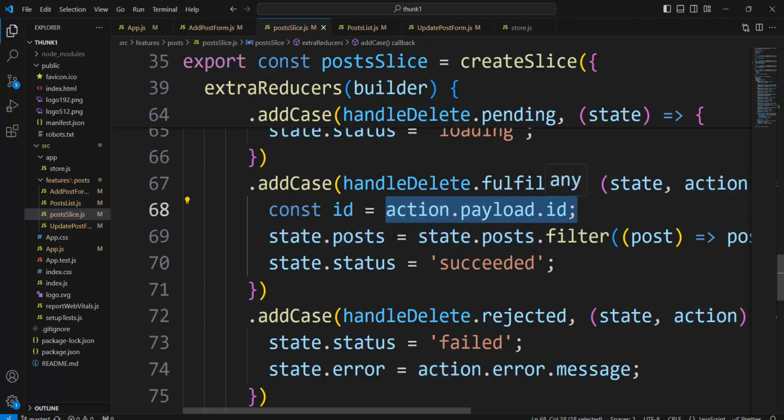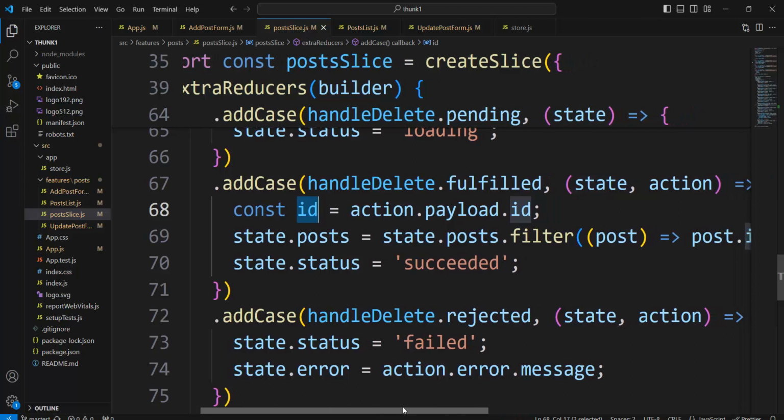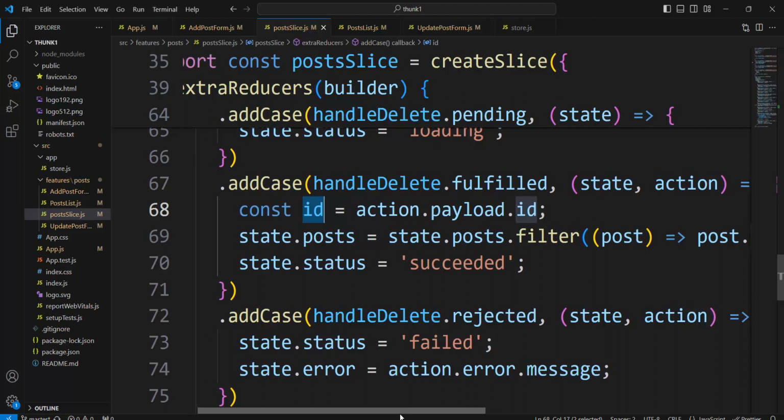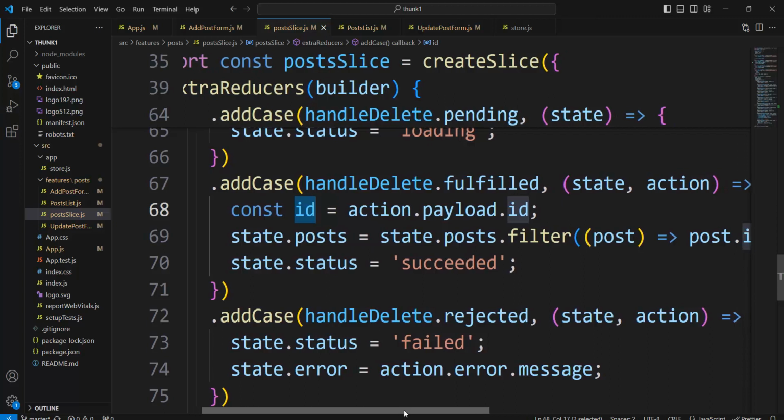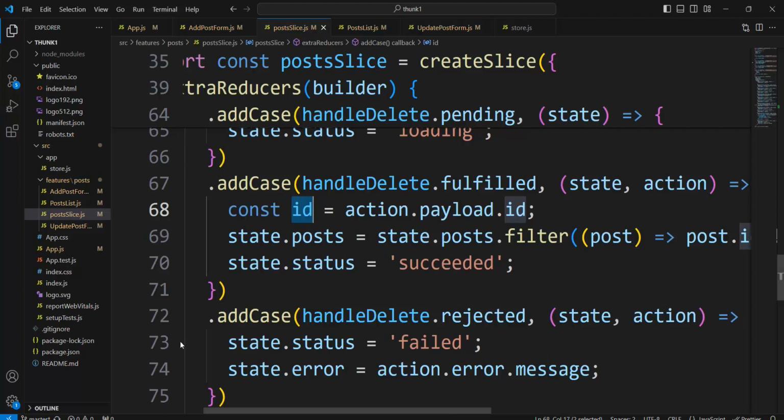And at this moment, the variable ID is concretely the number of the post. And with that concrete number, how do we delete it from our existing posts, which we have in our browser,